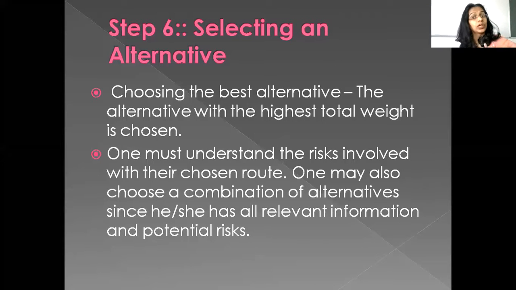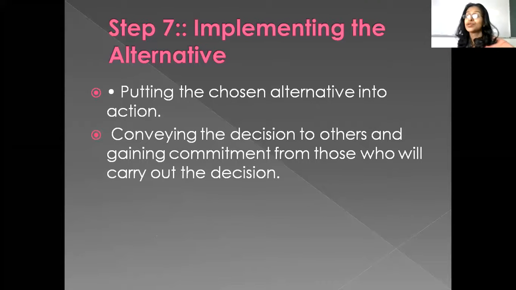You must understand what difficulties you will come across while implementing this solution. You can select more than one alternative also. If 4 options were available, I will combine plan A and plan B and implement. That is safer than selecting only one solution. Now, since you have informed others and taken them into confidence, everyone believes this is a perfect decision. Now we have started putting it into practice.